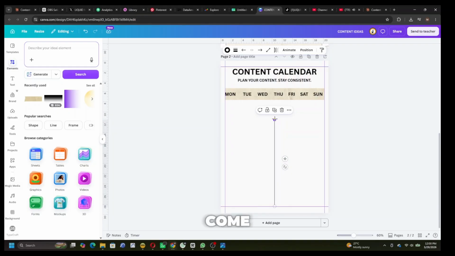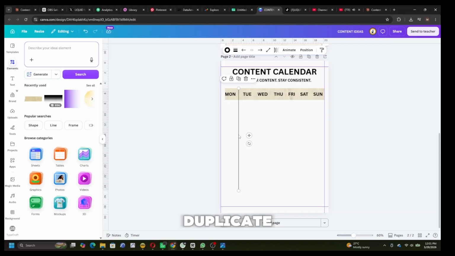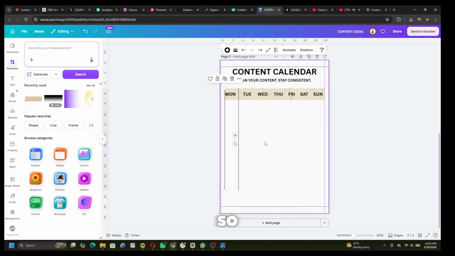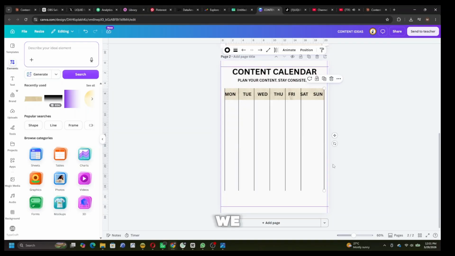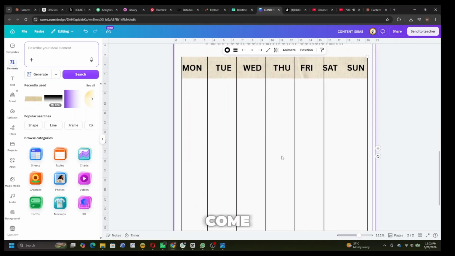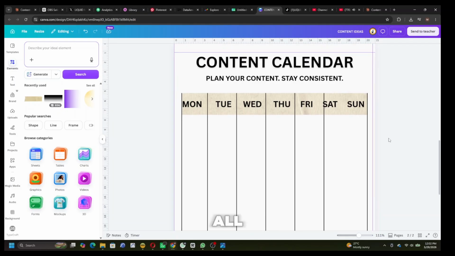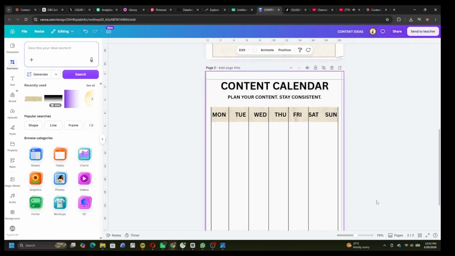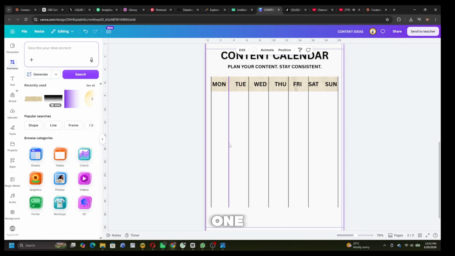Then come up, bring it here, you duplicate. I don't want this video to be too long, so we have to duplicate all these lines, okay? We have to zoom in so that we can check if there is any mistake we have made. Understand? Now zoom a little bit, you come back. All the lines are equal. Now duplicate one line,